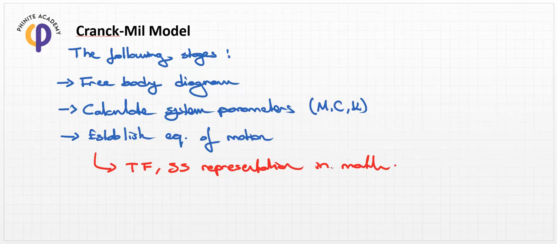Because we need to utilize the math in order to create a correct form of the generalized transfer function and state space representation. And so we need to implement this equation, which is in the form of mathematics. And so we can utilize the MATLAB Simulink